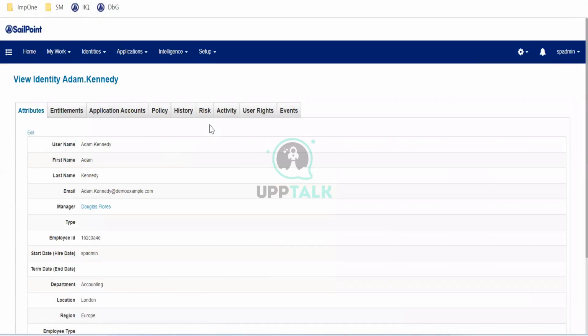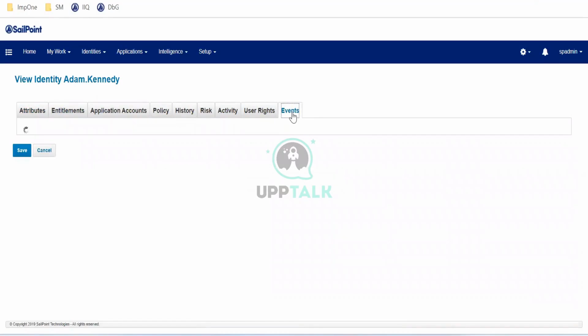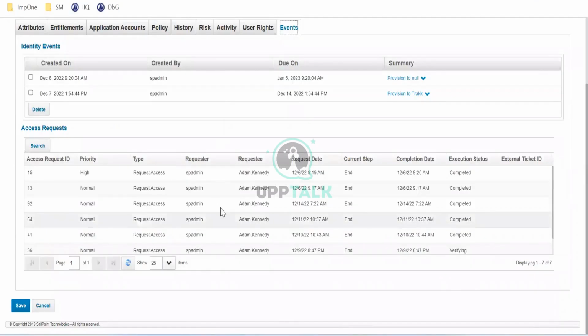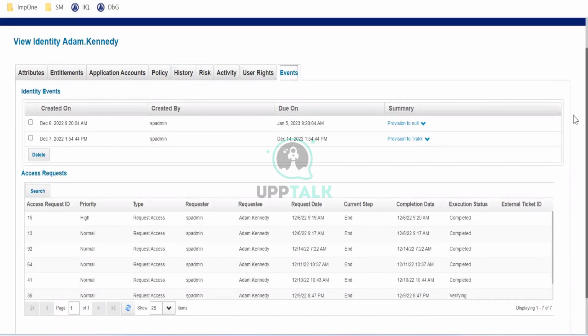It should capture the activity and show what's happening with the identity, right? Request access: all access requests will be here. And it talks about the identity events, events related to joiner, leaver, mover. We just took the access off. Can we go back and see? I'm hoping that should be there.